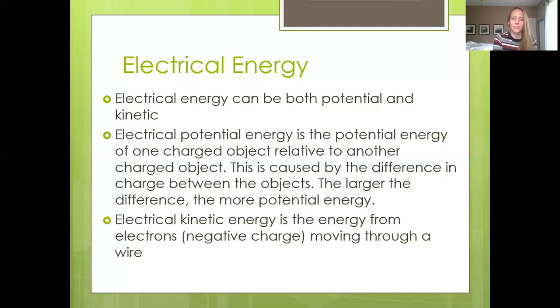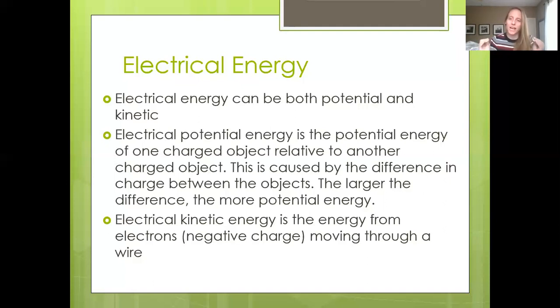Electrical kinetic energy is the energy from moving electrons. So again, kinetic energy is always something moving. In this case, it's going to be electrons. And that happens when you have essentially a wire that electricity is passing through. So if you take that battery that we were talking about and you connect a wire going from the negative end to a light bulb to the positive end, just like a little simple circuit,